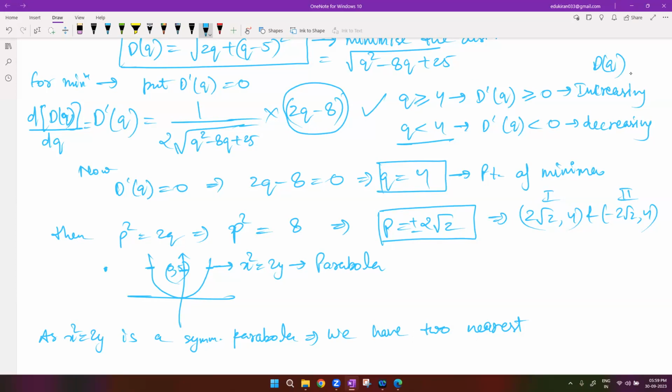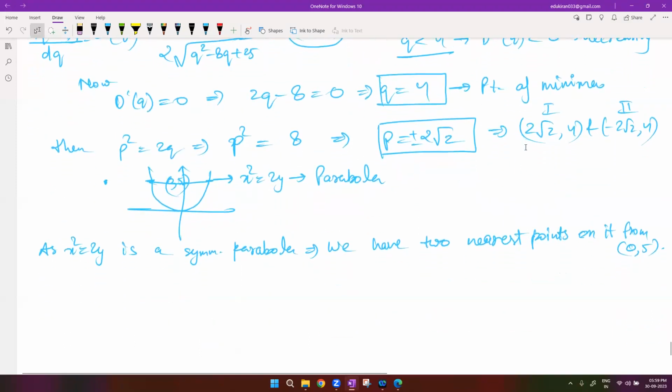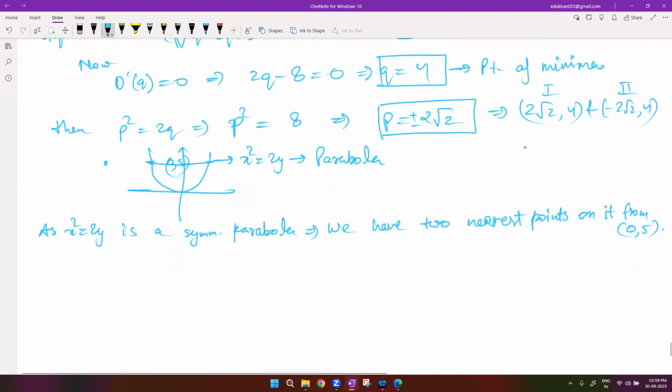But क्योंकि ये बीच में है, it's contained within the parabola, that is why this distance as well as this distance both are same. We have two nearest points on it from 0, 5, right? And the points are